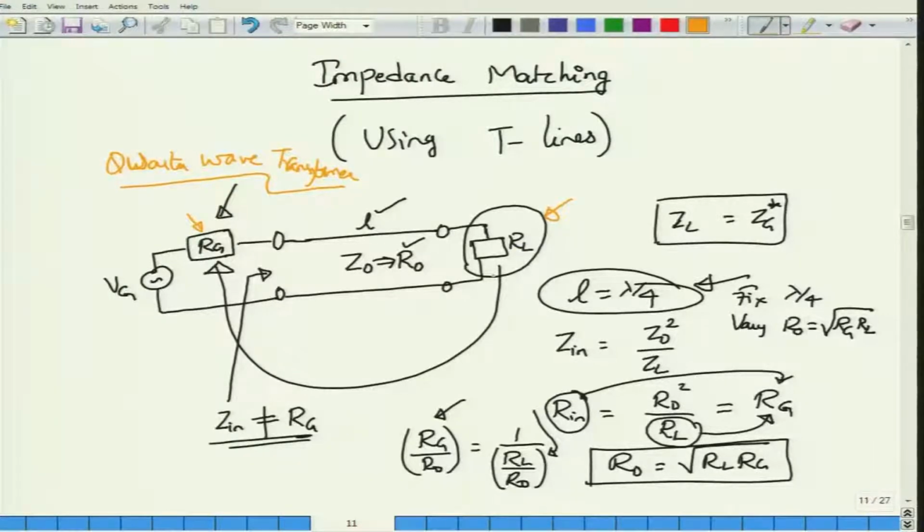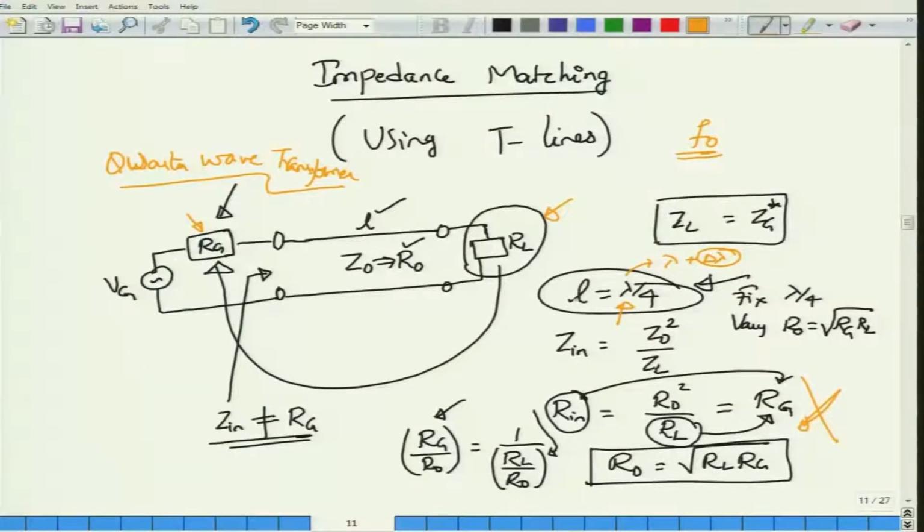But what you would be objecting to is that even if the impedances happen to be real, they will be real only at a particular frequency f0. More importantly, suppose we cannot manufacture a length of lambda by 4, either because lambda is large or because there is an imperfection in lambda, so lambda ends up being lambda plus delta lambda. If the length is not exactly equal to lambda by 4, then this entire transformation rule does not work. It works only when L is equal to lambda by 4.